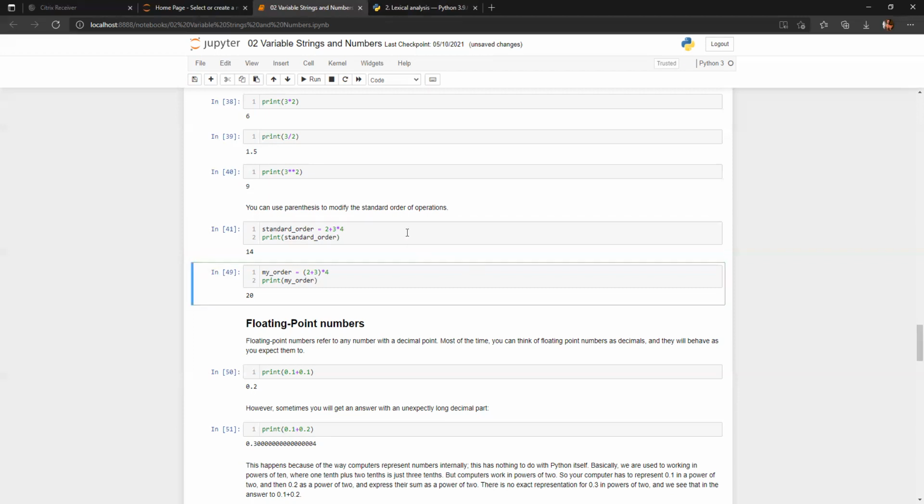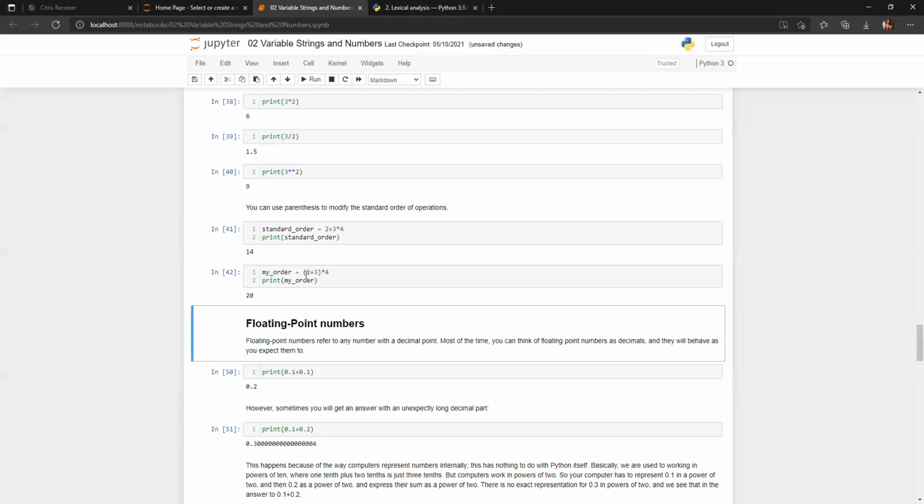Now what if I want to have this 2 plus 3 first, and then 4? So we basically use brackets. Whatever is in brackets, we first perform that calculation, and then we perform the other one. The same goes with Python also. You can use this 2 plus 3 in brackets, or we can say in parentheses, then our multiplication operator. Okay. And now as you can see here, the output has changed as told.